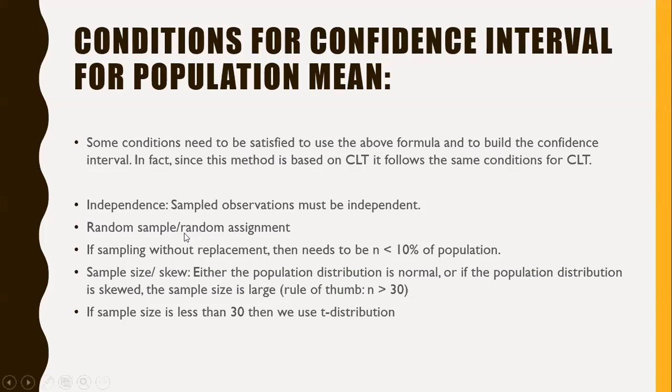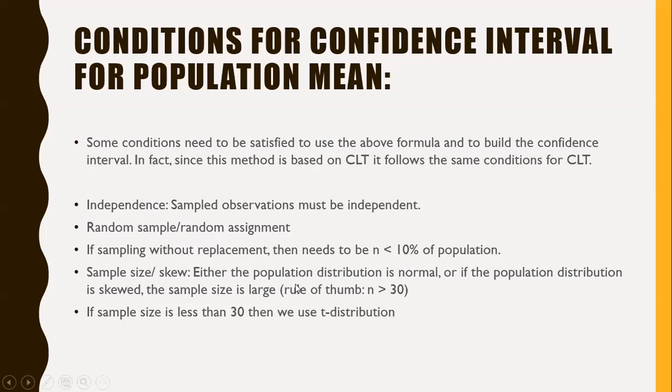Normally, your data should be independent. The sample observations must be independent. Always your data should behave independently, and your sample selection should be random. You can do sampling with replacement or without replacement. And the sample size, if your sample size is